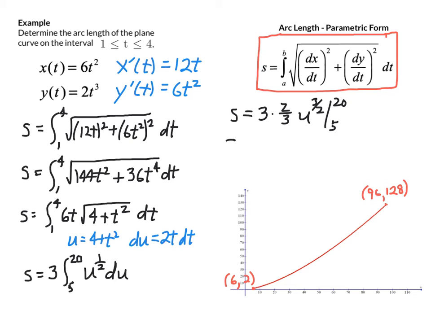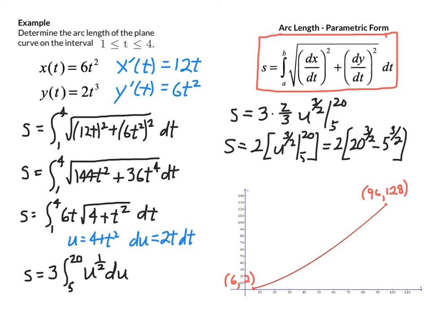We'll just simplify one more step, and then we can evaluate. So the exact value is going to be 2 times (20 to the 3/2 minus 5 to the 3/2),